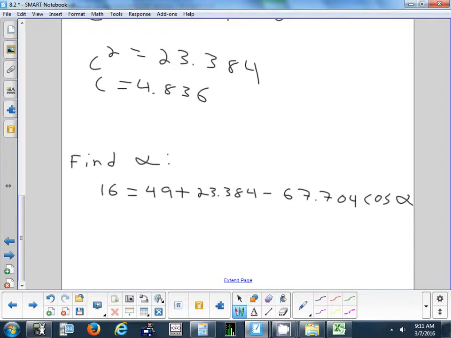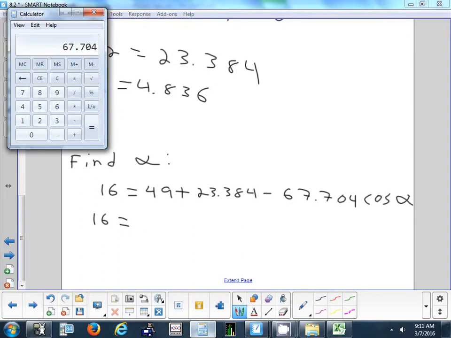Why can't we just put the cosine on the 16 side? Well, that cosine is attached to that 67 until we break off the 67 from it. So if we move it, we're going to have to add that 67.704 cosine, and that's not going to really help us to get cosine alpha by itself. We want to try to combine things first if we can. We can add 49 and 23.384. Yeah, we can combine like terms. 49 plus 23.384. So 72.384